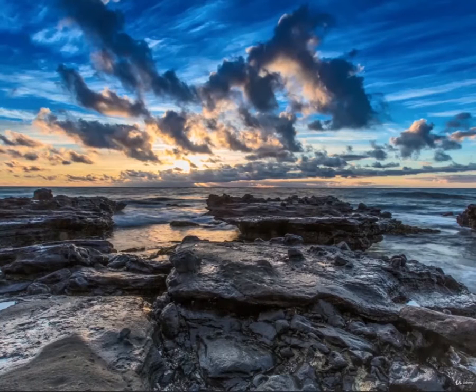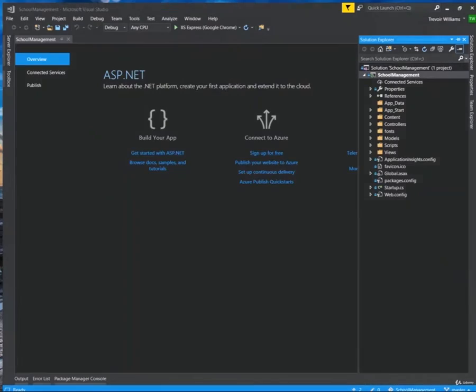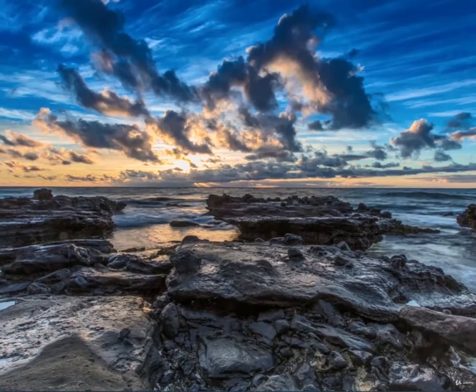Hey guys, today we'll be starting our wonderful, exciting journey of web programming with ASP.NET MVC and Entity Framework. At the end of this exercise, you should be able to build a fully data-driven application using Entity Framework and